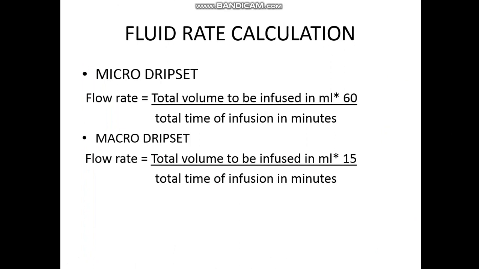The next we can see is fluid rate calculation. How can we calculate the fluid rate? For different drip sets, that is the micro drip set and macro drip set, there are different formulas. Both use the same equation, but the flow rate mainly depends upon the drop factor. Drop factor means how many drops create 1 ml of medication. That is the drop factor we have discussed earlier. In case of micro drip set, we have already said that 1 ml is 60 drops. So that is the drop factor. So the equation is total